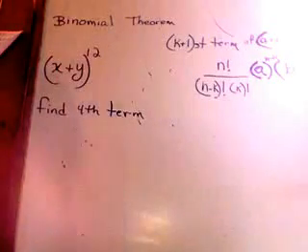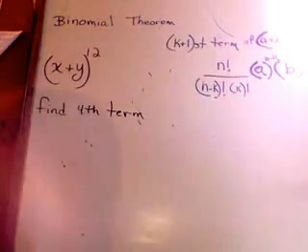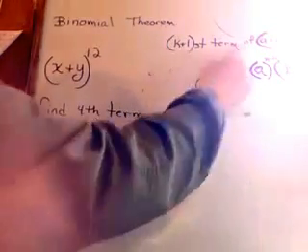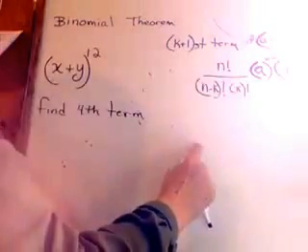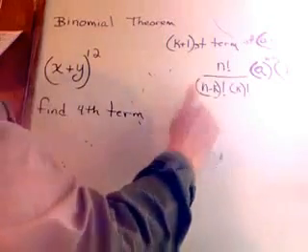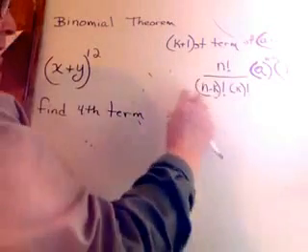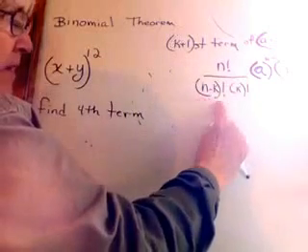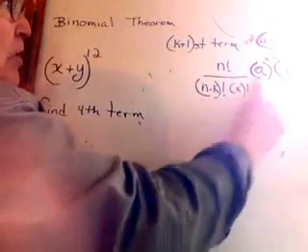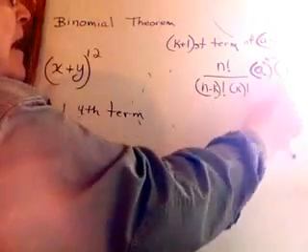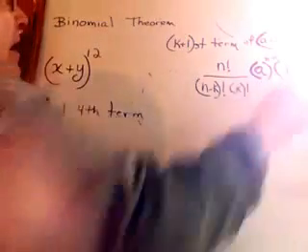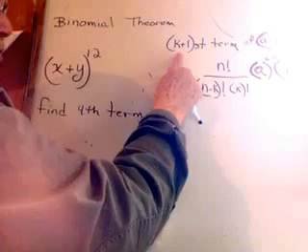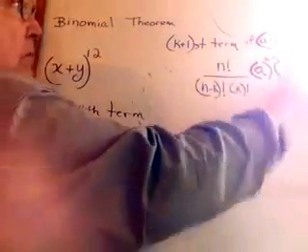Okay, a little explanation of the binomial theorem. Basically, it's used to find the k plus first term of (a plus b) to the n. And the theorem tells us that that term is based on n factorial over (n minus k) factorial k factorial, a to the n minus k, b to the k. All right? What that means is if I'm finding the k plus first term, I start off doing the b,